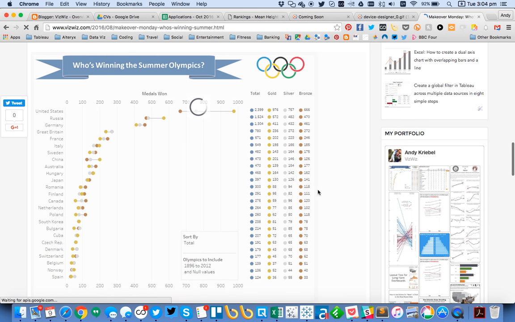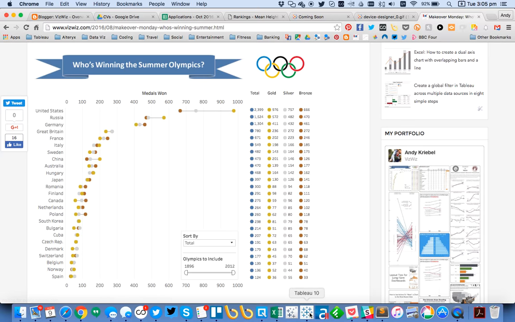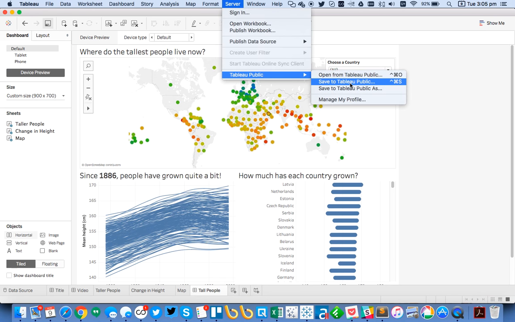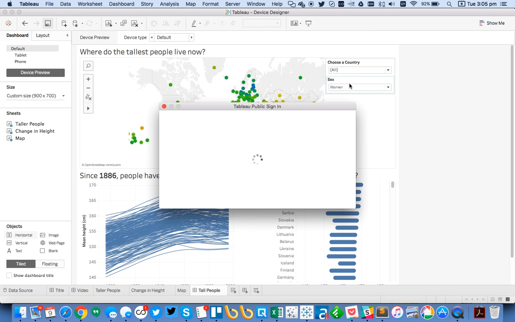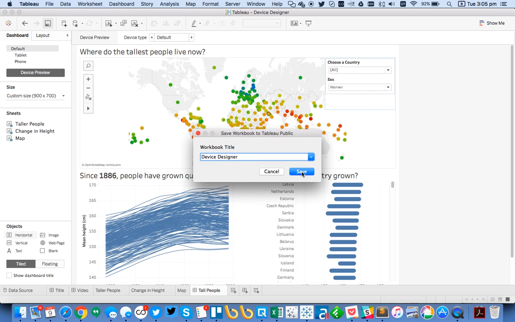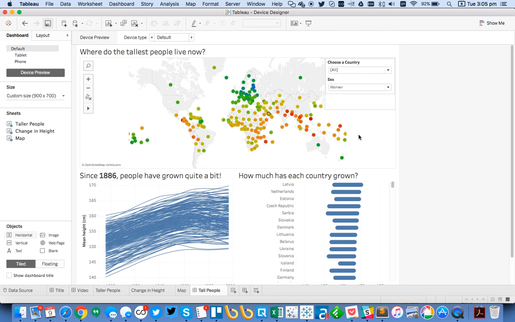So for example, on this week's viz, you'll see it looks like this in desktop view. And maybe I can go ahead and publish now. Let's try it again. Maybe it was just a Wi-Fi issue. Save to Tableau Public. Okay, here we go. And then once this pops up in Tableau Public,